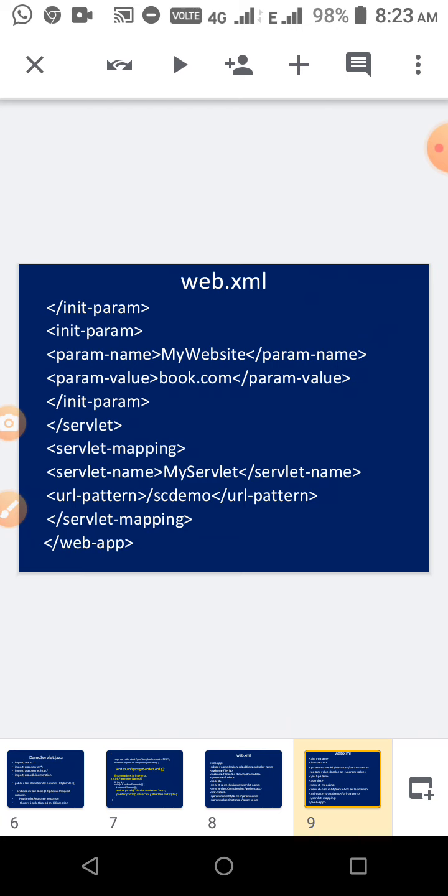You know that in the life cycle of a servlet, the first phase is initialization. During initialization, whatever information is needed for the servlet will be retrieved from this web.xml.